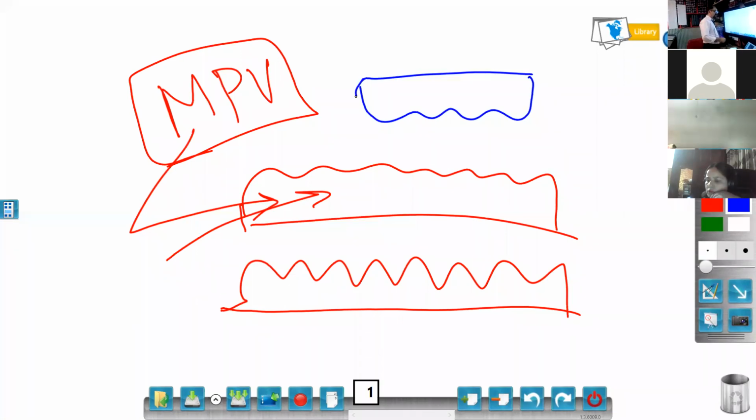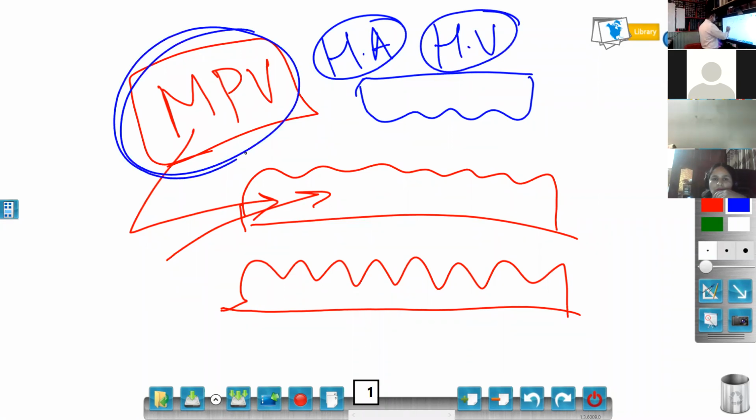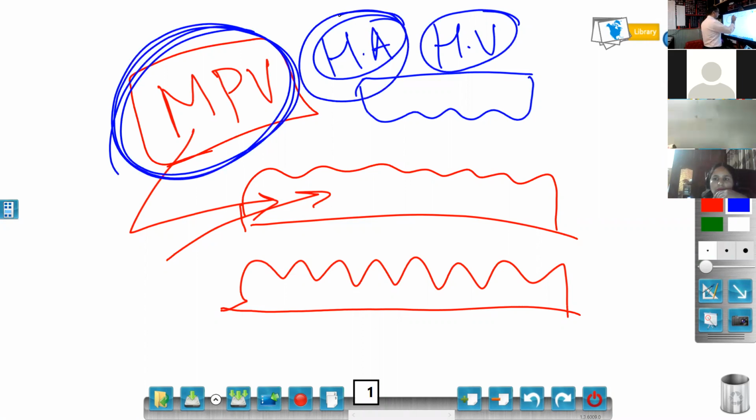Then the hepatic artery also has to be seen. Hepatic artery is next in the hepatic Doppler, and I have to see the hepatic veins also. So these are the three things which I have to see, which are already discussed with you: main portal vein, hepatic artery, hepatic vein. What is the flow, where is which flow, how to interpret this, that is already taken in your class. So I'm just recalling the important points over there.